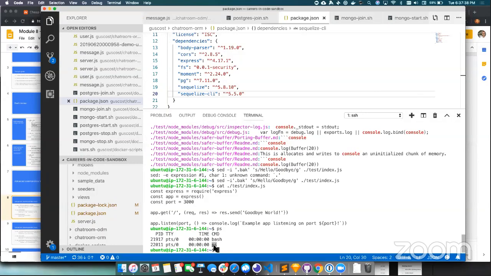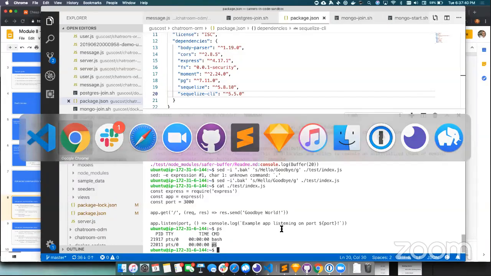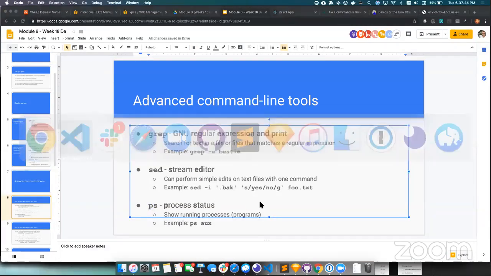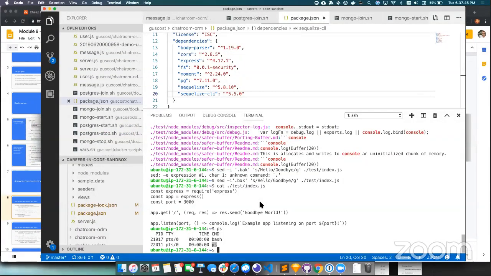Which slide are you on? I got this. The same slide as grep, sed, and PS. And you said I had one, bash, and what's the other one? Oh, AUX. Yes, that's right, that's from the example. Right. So